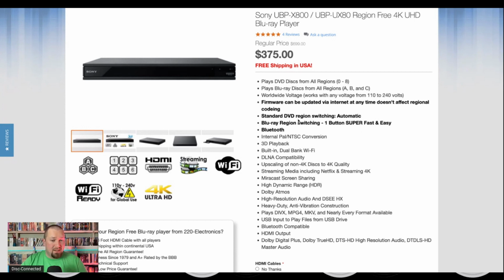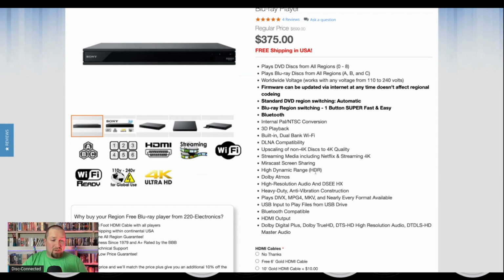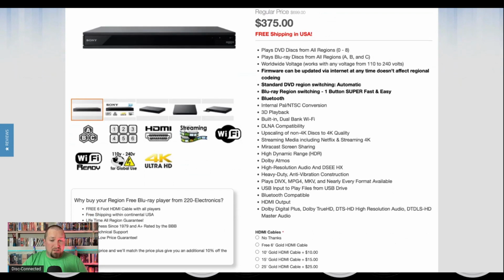You'll see that is different than the information for the entry level. So this one looks to be a little easier. This also has Bluetooth capability, 3D playback, and all of the same other stuff. It does include Dolby Atmos. You'll see here, it only highlights Dolby Atmos, so I don't believe that it will offer HDR10 Plus. So that might be one reason to check something else out, but it will have the ability to play almost every format available: